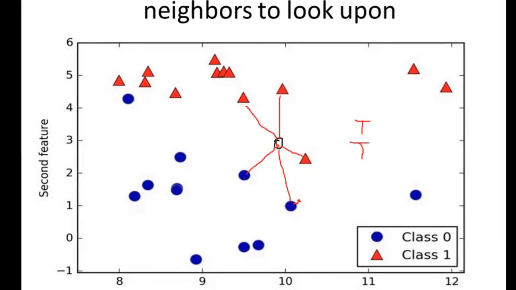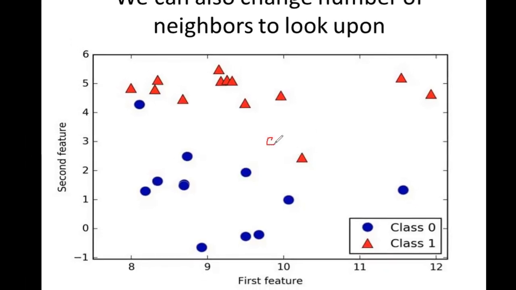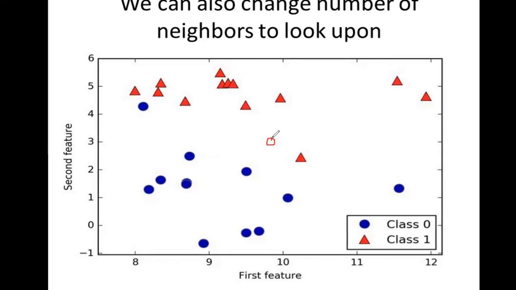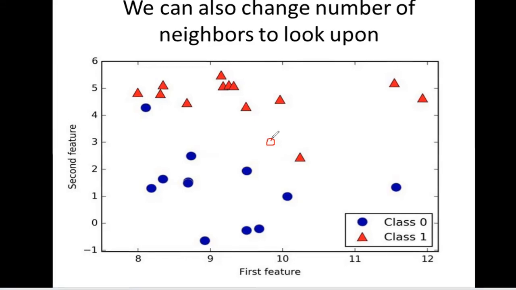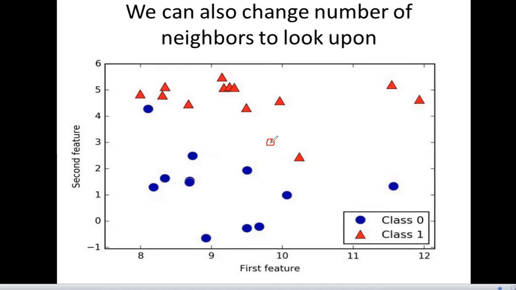Now, for your clarity, it is mandatory to note that whenever we have a data point, till now, I am training the model and I am not specifying the number of neighbors. So when I am not specifying the number of neighbors, it will automatically use only one neighbor to look upon. So it will look at only one neighbor, and in this case, let's say it will classify it as a triangle. Or if we had a data point here, it will look at one data point and, okay, it is a circle. So that's how the k nearest neighbors